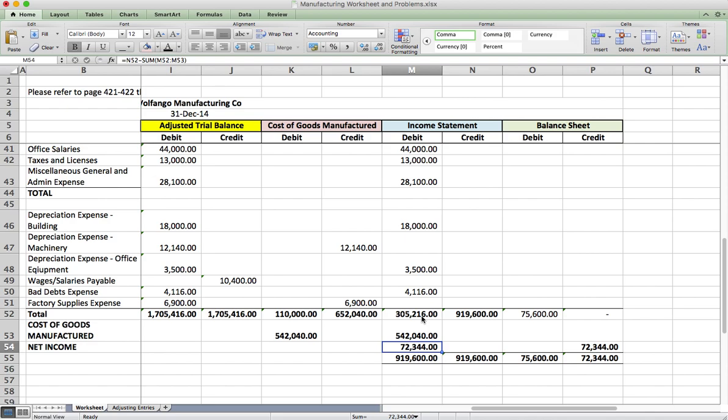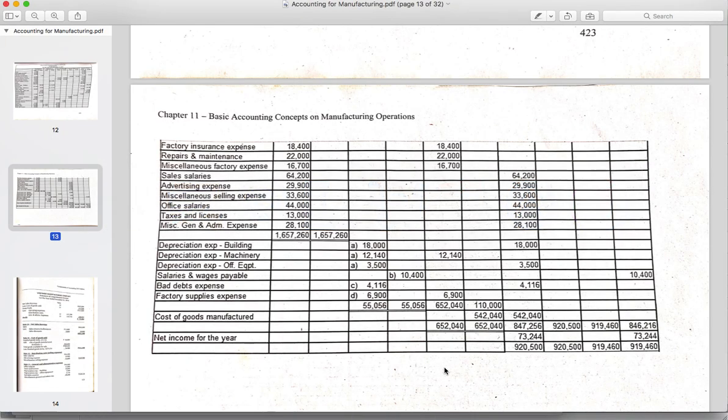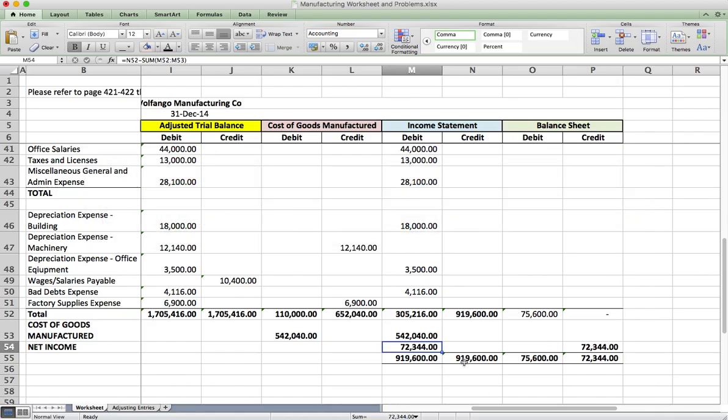Kaya, magkano daw ang net income natin? Ang net income ay 72,344. Tignan nga natin kung tama. Ayun. The net income for the year is 72,344. Remember, class, ha? The total debit side is